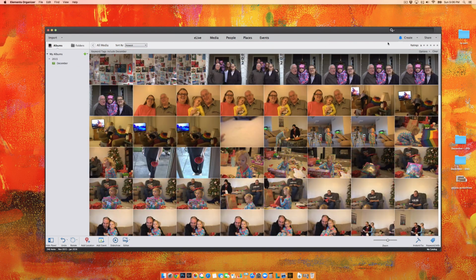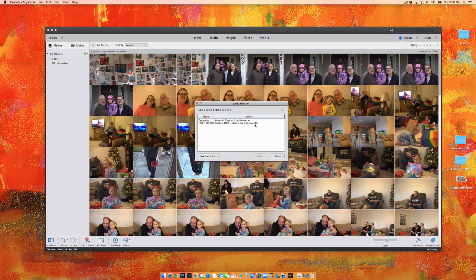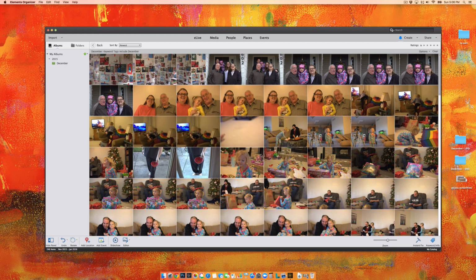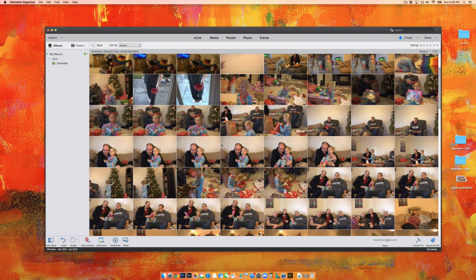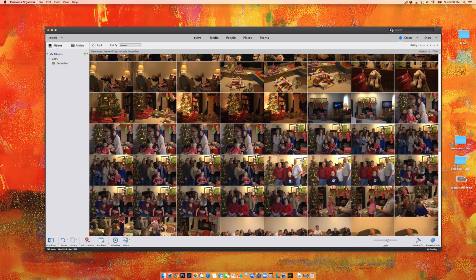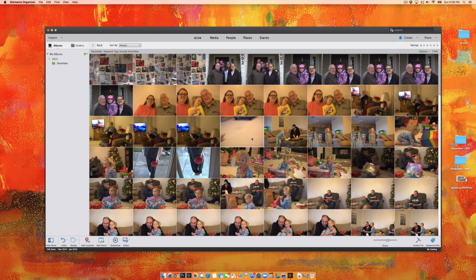In order to locate a saved search, you can click this drop down in the search bar, go to Saved Searches, and here you can see any of your saved searches. And again, this is the one that's already open for us. And so that's how you would display photos by tag. That's a little bit less intuitive and slightly more clunky,